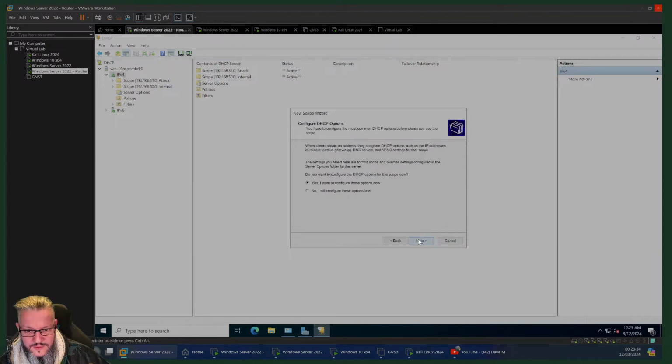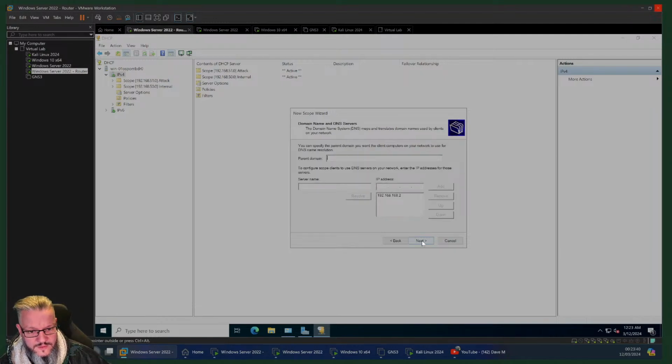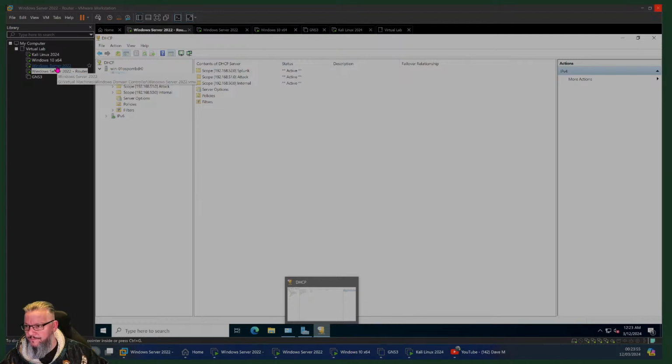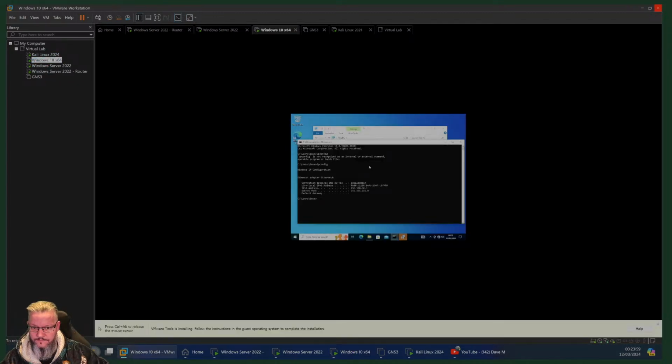Don't need that, don't need that. Yes, I want to configure 192.168.52.1. Add. Next. Next. Next. Yes. Finish. So, no worries, Dwayne. Off you go. Right, so now I've got DHCP working, and I've now got my routing working. So if I now jump back to my Windows 10 box, and do ipconfig renew,